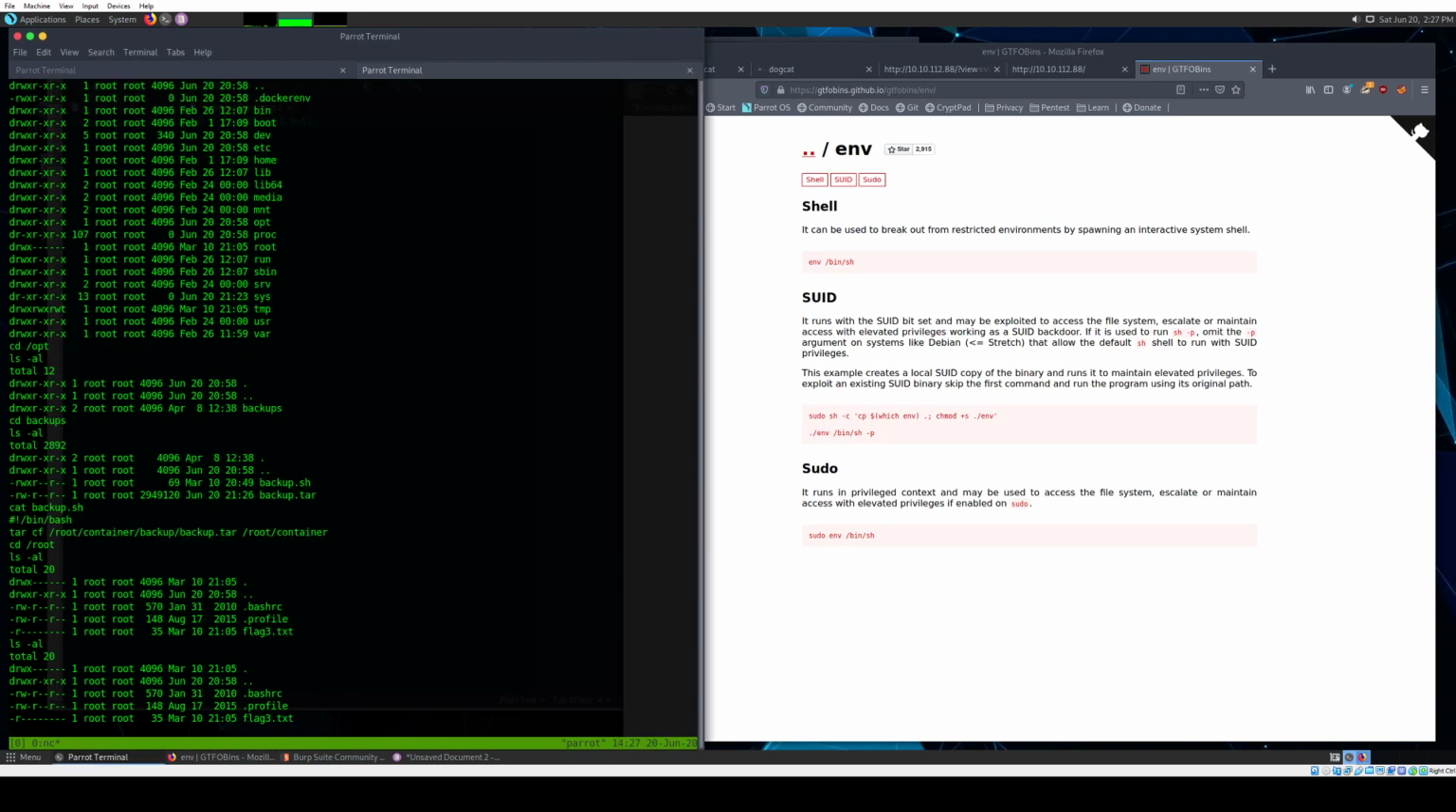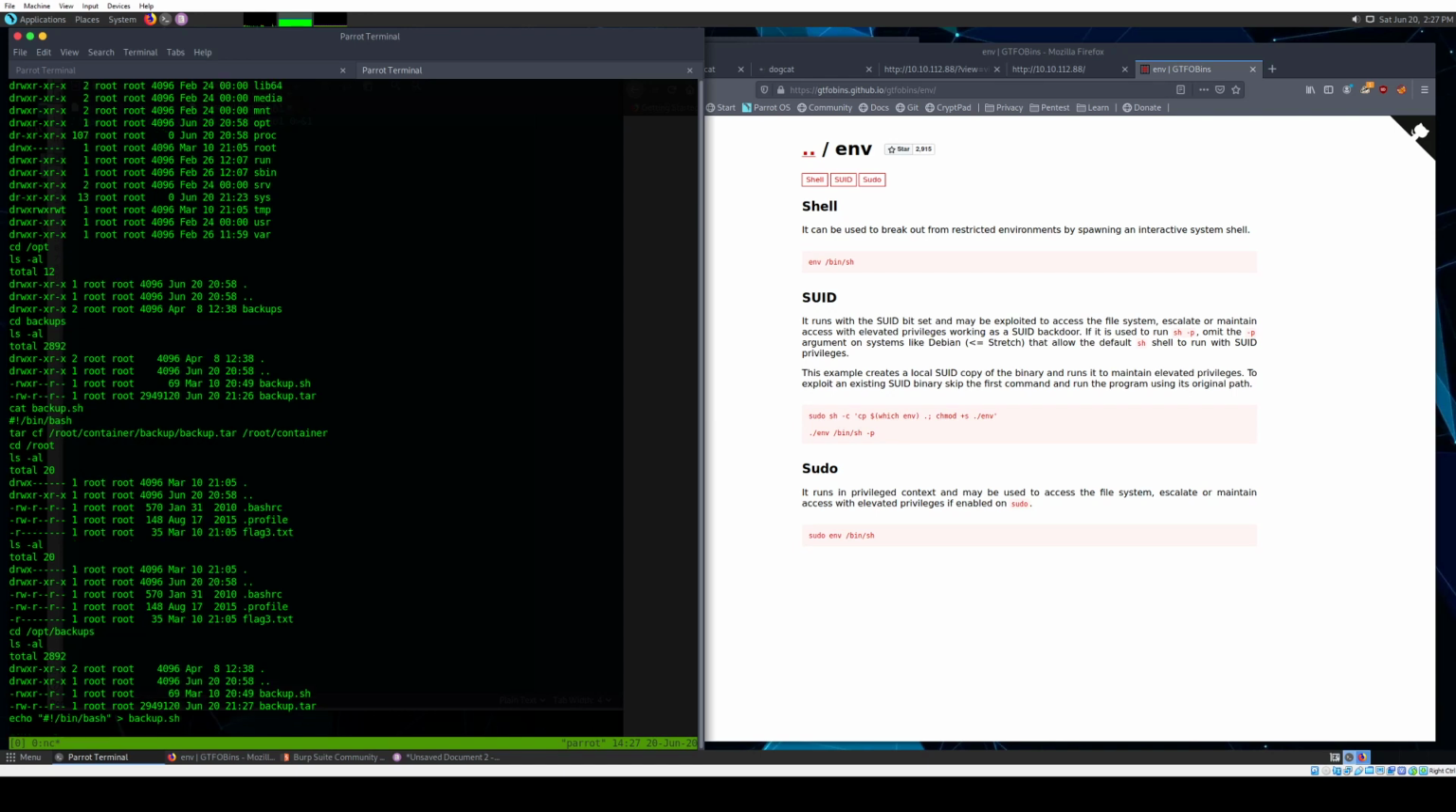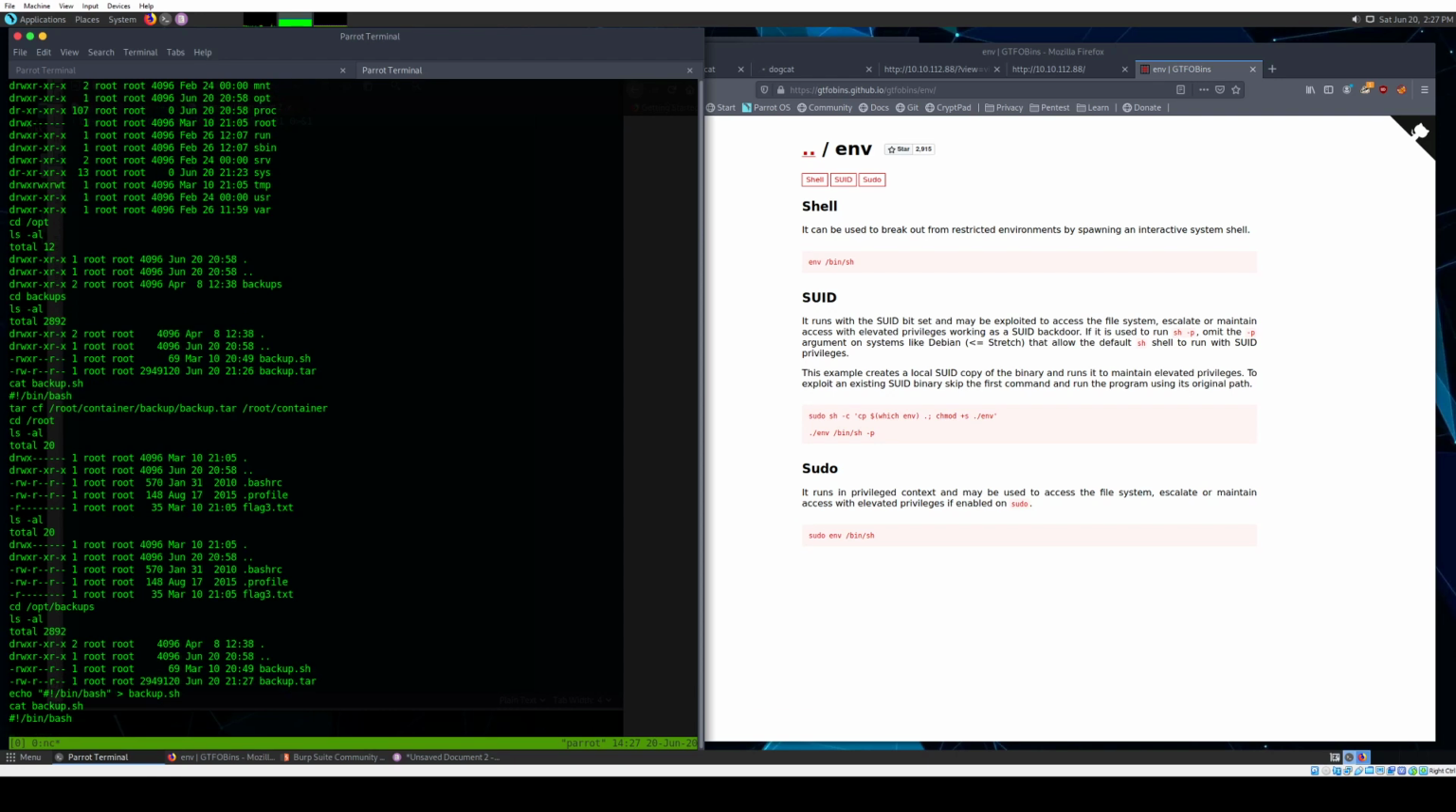So what I'm going to do, we're going to go back to opt backups, and under the assumption that this backup.sh script is what's being run regularly to create this tar file, I'm going to edit that file to instead call back to my machine with another reverse shell to the host machine. So first, we'll just echo /bin/bash into backup.sh. That will clear everything that was in there and give us the starting point for what else I'm going to add, which is going to be